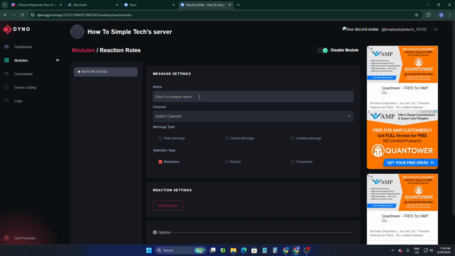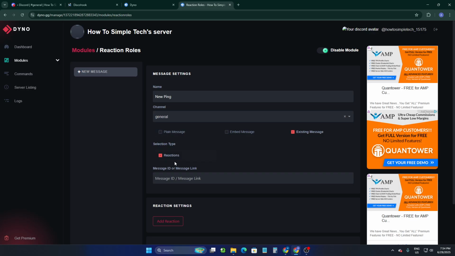So name it, so give it a unique name. You can name it anything like a new ping, sorry for that, and select the channel. So general, here it is. Now the message type: plain message or embedded message or existing message. You can click on it and you can select the direction here